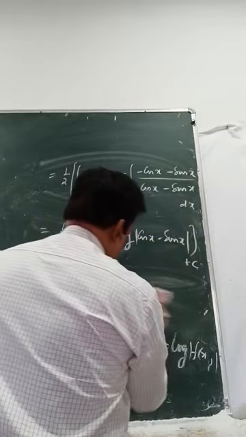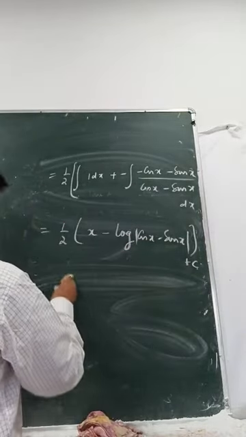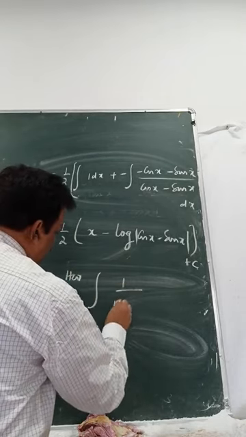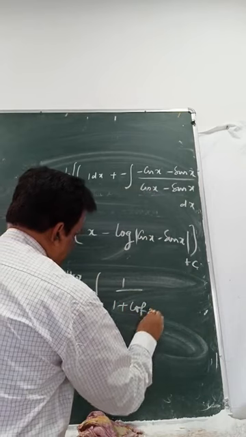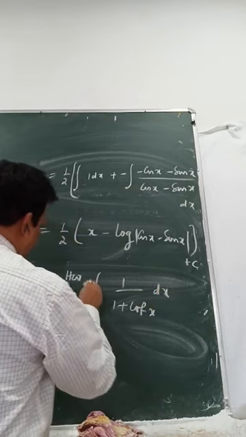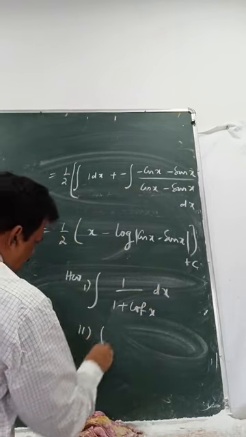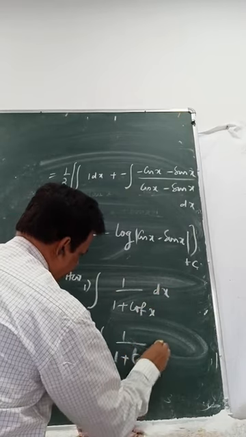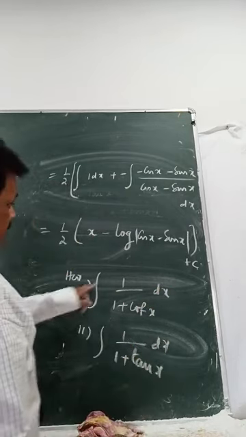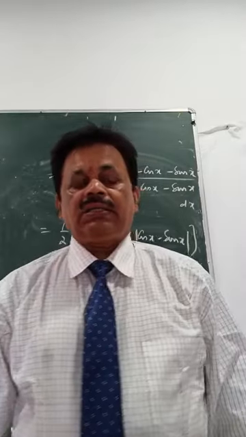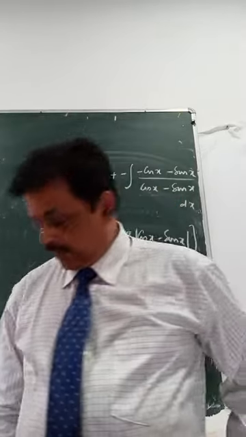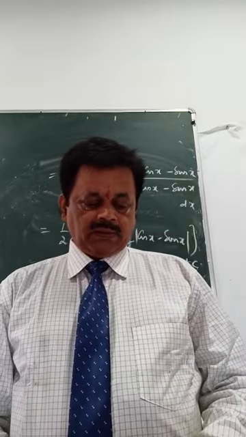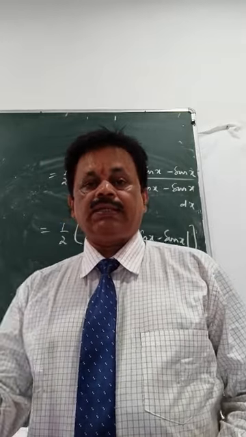So I hope I give one more question. We will try to solve 1 by 1 plus cos x. Exactly the same method, you can try. 1 by 1 plus tan x, you can try. So try to complete the 3 questions I have given, plus exercise 7.2. So many questions are there, you try to solve, maximum I have done. Some higher integrations we will be doing tomorrow.